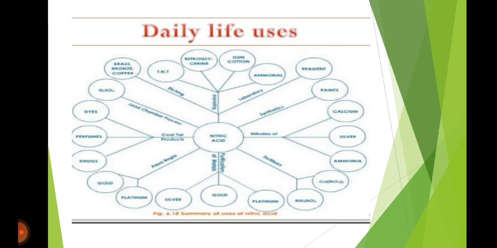Here we have some daily life uses of nitric acid. It can be used in synthetics of paints. It can be used to make nitrates of calcium, silver and ammonia. It can be used as a fertilizer. In the laboratory, it is used as a reagent. It is also used in explosives. It is used to etch metals. It is used to produce coal tar products like perfumes, drugs, and dyes. And it is also used in the lead chamber process for the manufacturing of sulfuric acid,